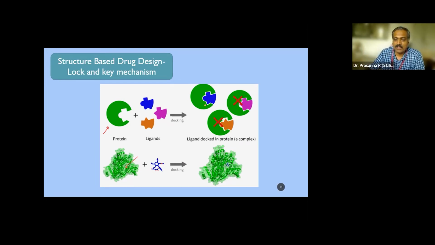So we will do a sort of screening in a computer. You call it an in silico methodology, where you try to find which molecule will be the best fit for this particular disordered protein. So this cartoon gives you an idea.